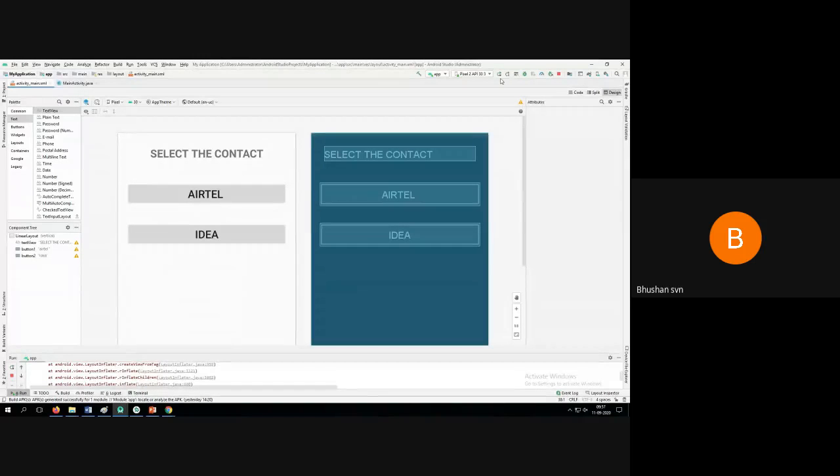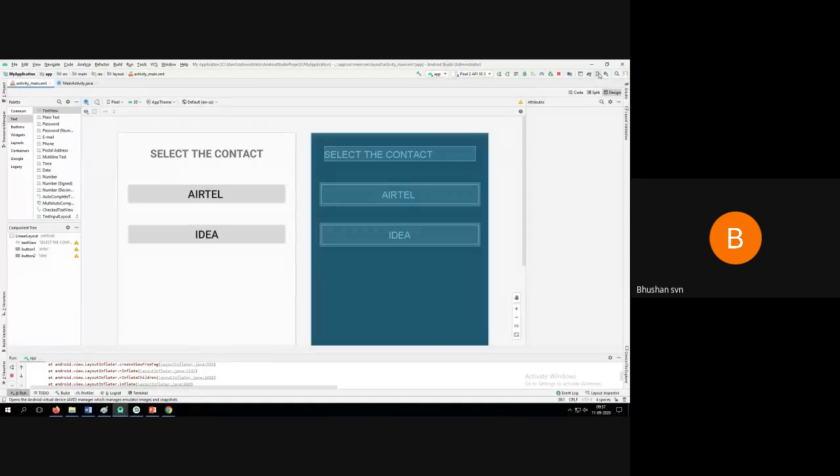Now, I told you there are two ways to do it. One is running on these emulators. Yesterday I discussed what an emulator is. The emulator is a device embedded within the Android Studio framework, where you can see how the mobile application behaves on mobile platforms. For that, you have to create virtual devices.